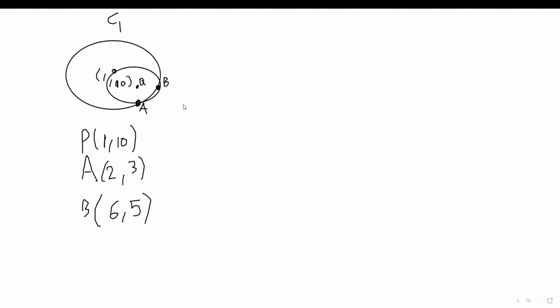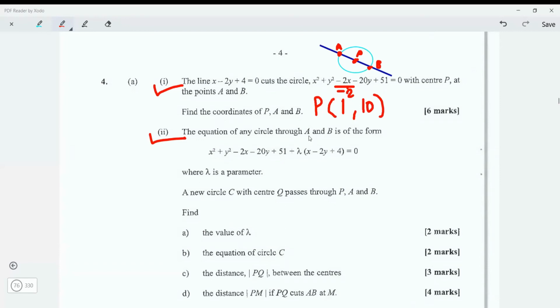But you see the circle I'm talking about now, right? That passes through P, B, and A, right? The smaller circle there, that's the new circle. And then it tells us that the equation of any circle through A and B, a new circle with center Q passing through P, A, and B, is of this form. Find the value of lambda. So first thing, Marika, we can write